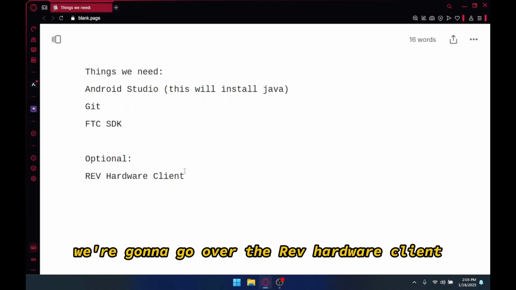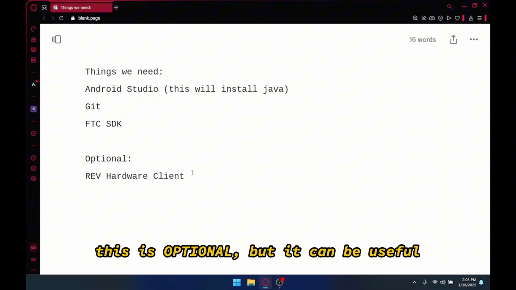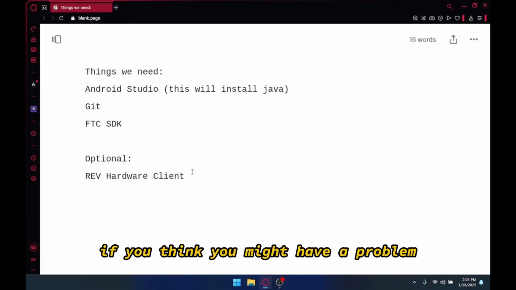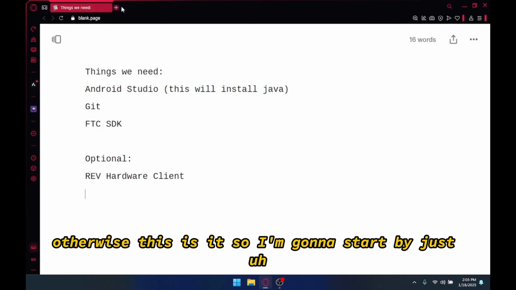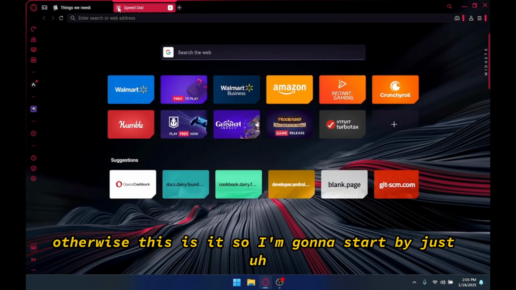Lastly, we're going to go over the Rev hardware client. This is optional, but it can be useful if you think you might have a problem or you need to update some firmware or something. Otherwise, this is it. So I'm going to start by just